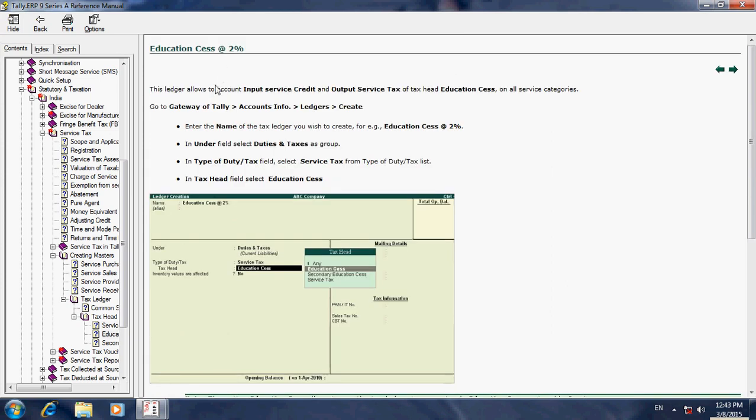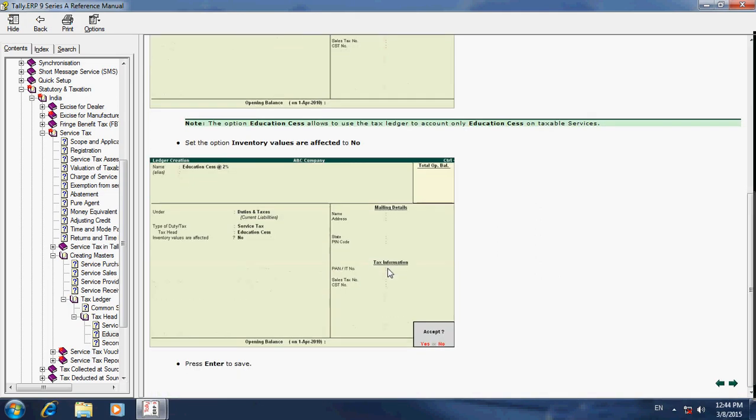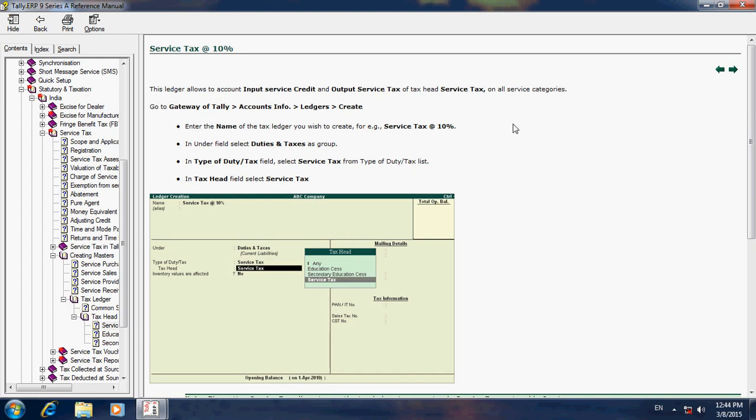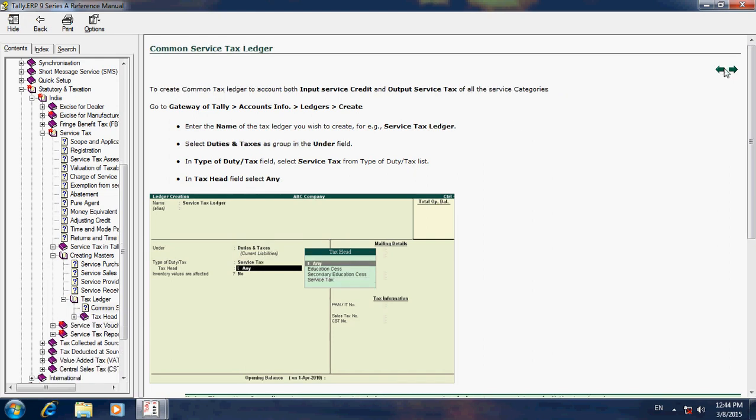This is Education Cess. One more ledger is Education Cess. Create the ledger name as Education Cess under Duties and Taxes. Type of duty is Service Tax. Here you can put Education Cess. Okay, I want to explain the previous point, that is Service Tax at 10%. Then common ledger, this is okay.